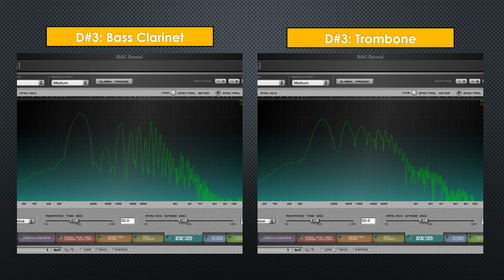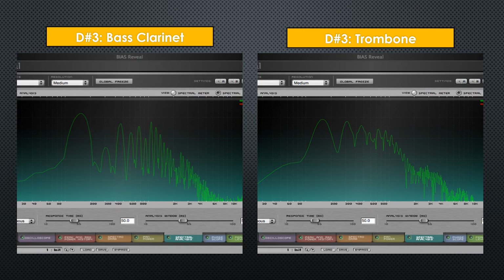But notice how different their spectra are compared to each other. Each has different frequencies and at different amounts above that fundamental frequency. And those two different spectra are what let us hear these tones as being quite different from one another. This is really getting into the idea of timbre. These instruments have two different timbres because their spectra are different.